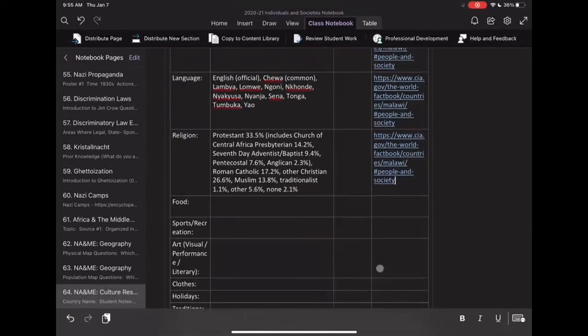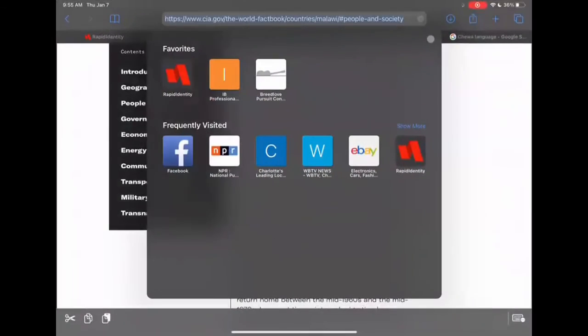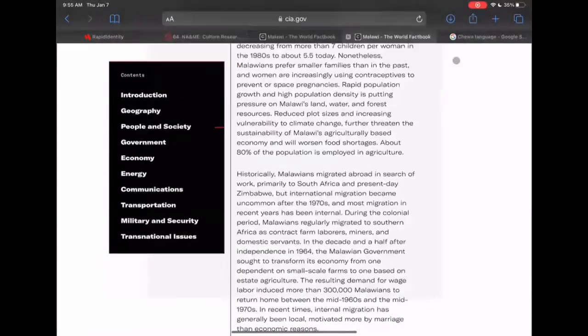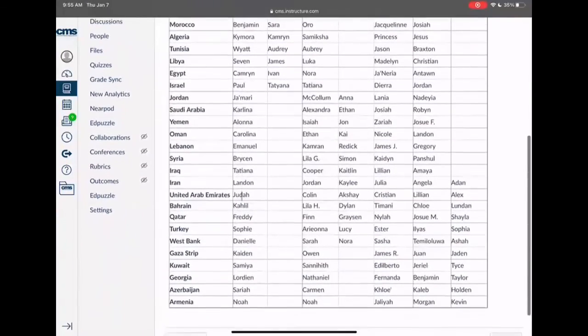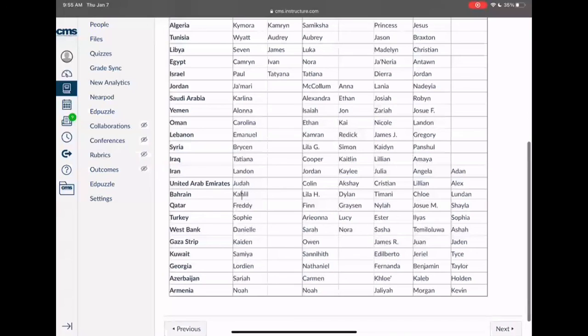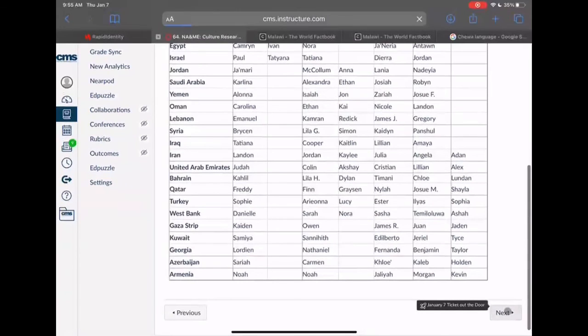All right. Everybody, please go to the ticket out the door, please. Ticket out the door. And again, that needs to be done before 10 p.m. Tomorrow, you're working almost the whole time on your poster using Canva, and you can move ahead to that as well. It's already published in Canvas.